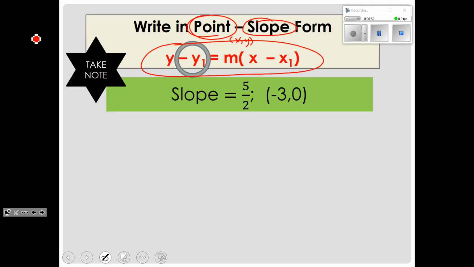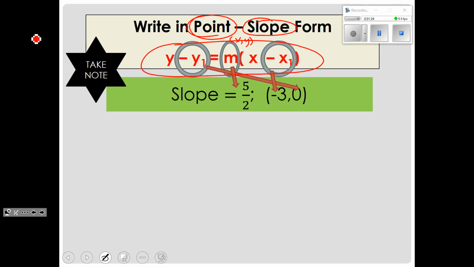right here on this part of the equation is where you're going to be filling in the y of the ordered pair that you have. You're going to do the opposite of that number because of the subtraction sign. Here in the x1 position, you're going to be taking the x of your ordered pair, and you're going to be doing minus that, so it's going to be opposite that number. And you're going to put the slope where the m is. So you need the slope where the m is, and then there's your x and y for the ordered pair,